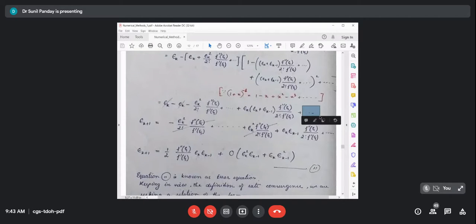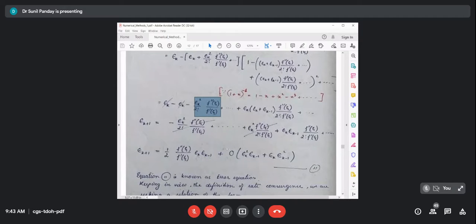So we are assuming their contribution is negligible in terms of the contribution of these terms. So the contribution of the third degree terms we are assuming negligible in terms of the second degree terms. So these two terms will play the main role in deciding the error. So we'll consider these two,